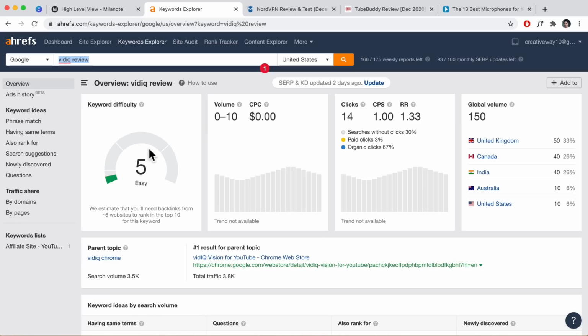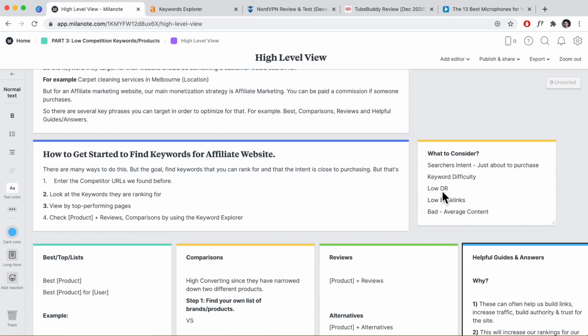So I think that's what you can actually focus on once you build some momentum with your website and things like that. Then number two, you can look at the low domain rating. So you want to check all the websites that are ranking in the top 10. If you see websites with a lower domain rating within the top 10, top 20, which is around 30 or maybe below, then there's a good chance that you can create a new website and rank there with a lot better content and maybe a lot more backlinks to